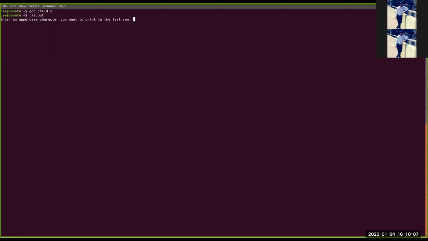Check the statement clearly: enter an uppercase character you want to print in the last row. Now, can anyone tell me what value we need to write here? What is my pattern? A, B, B, C, C, C, D, D, D. This is the pattern, right?